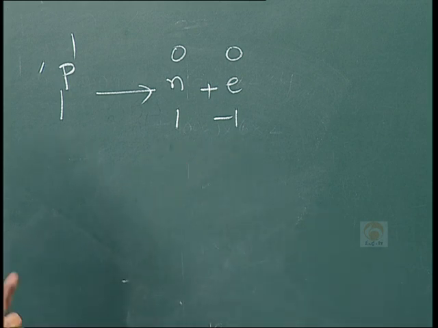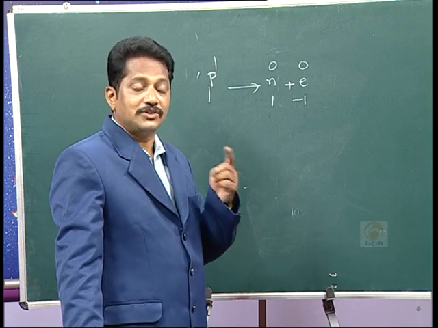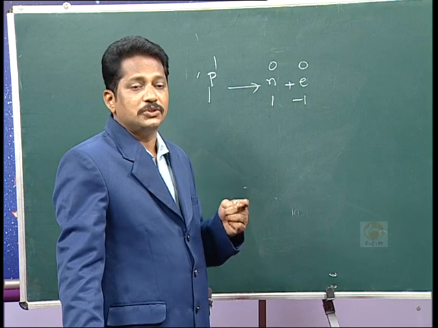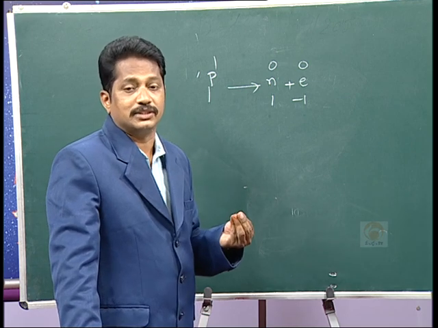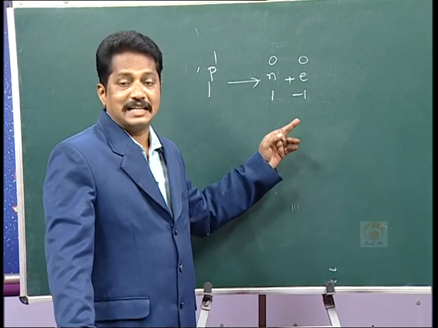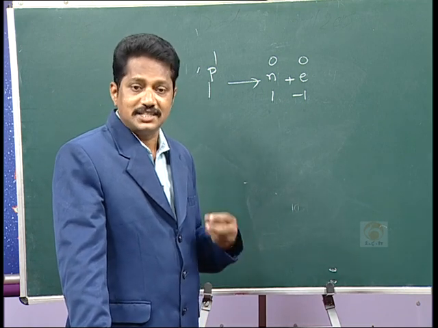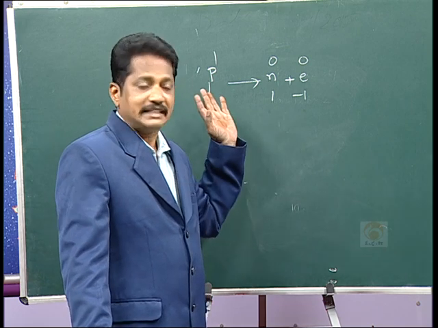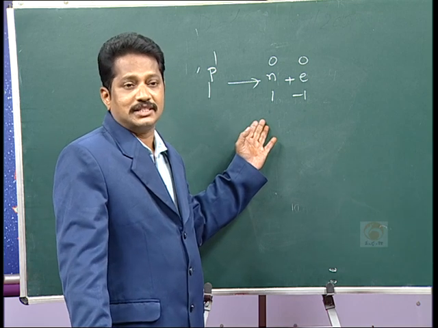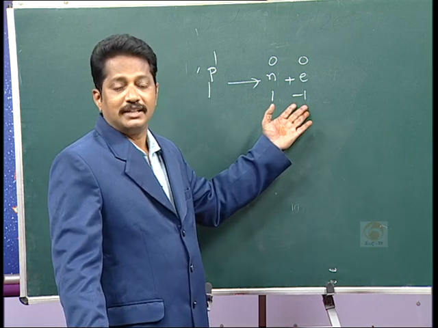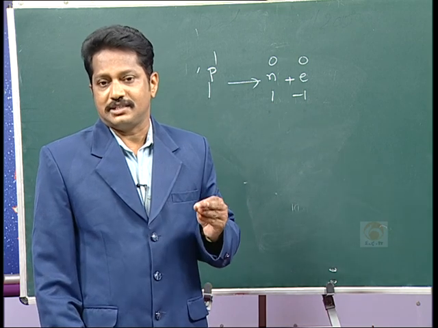I have a small doubt about this. Just now I said electrons are moving around the nucleus in elliptical orbits, so they are exterior to the nucleus. But I said when a proton is transformed into a neutron, an electron will come. So there is no existence of the electron inside the nucleus; it simply comes out. The electron which is ejected from the nucleus is called a beta ray. That's very important, beta ray.